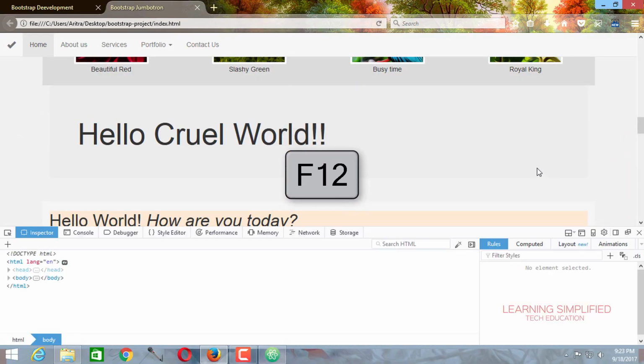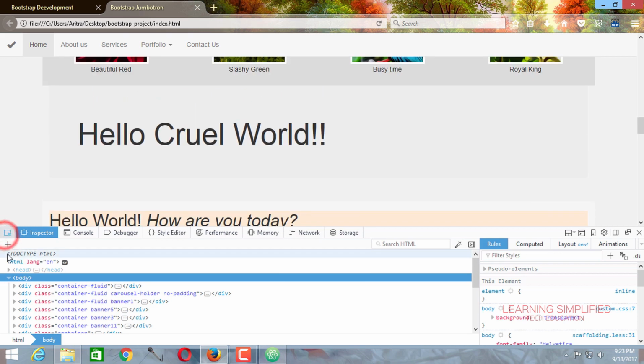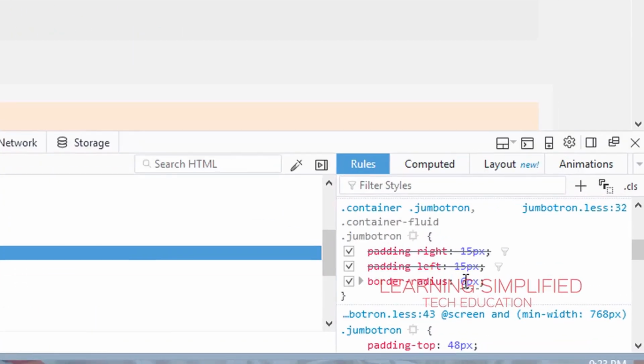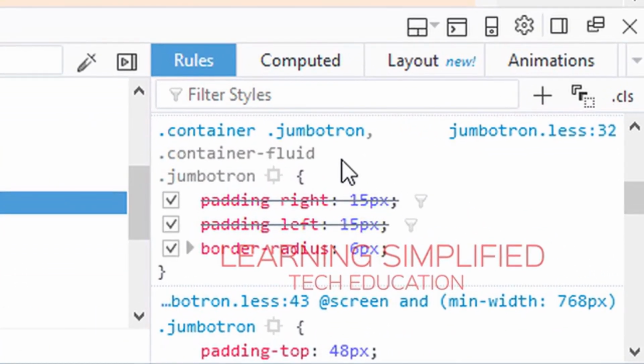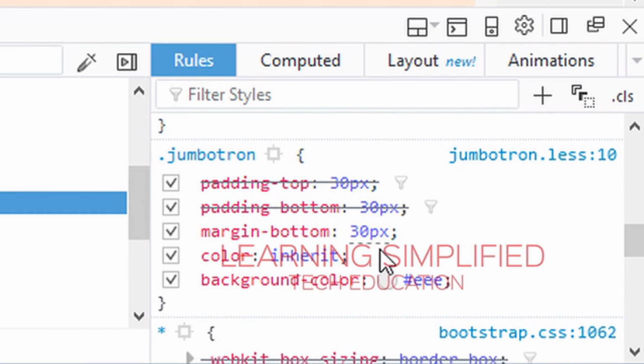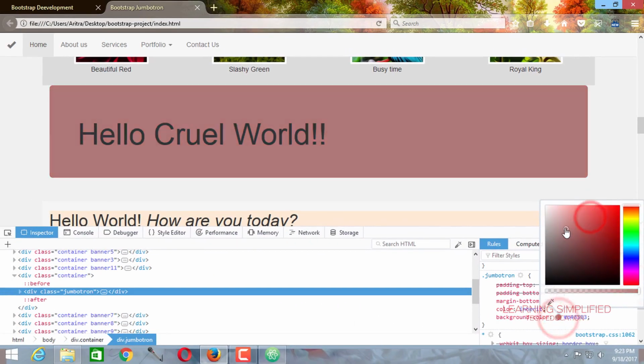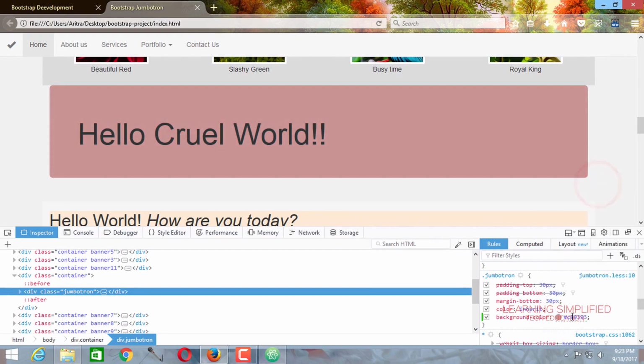Press F12, open up your code inspector, click here. Now just hop into your right panel and see what are the exact properties that are practically being played into action in this particular case. While we are trying to create our Bootstrap Jumbotron, it has a border radius of 6 pixels and it has a background color of this one. So if we need to change it, here it is. Now this is a very prominent one, and this is practically the .jumbotron class that is making all these differences.